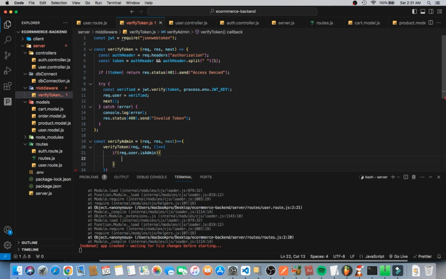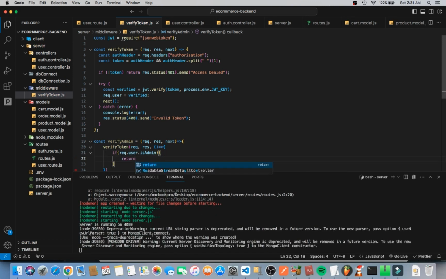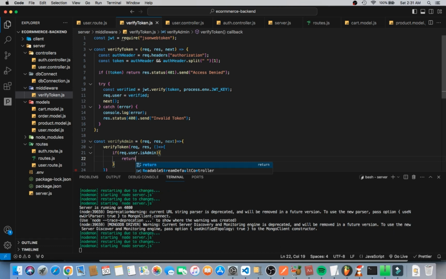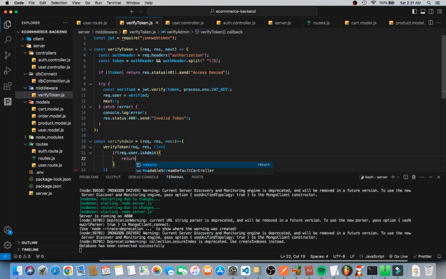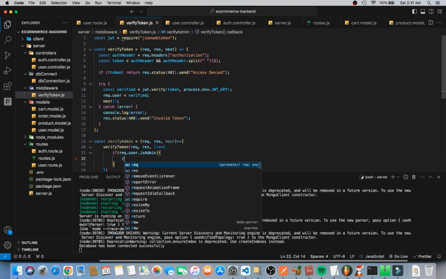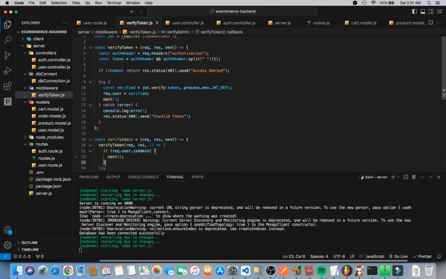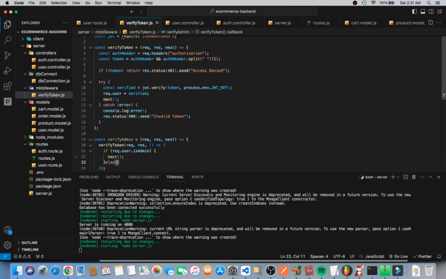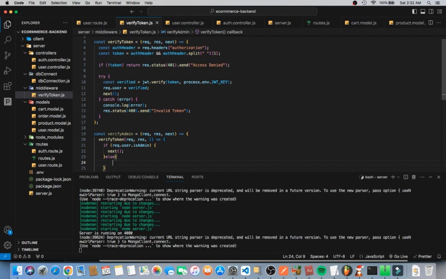So if it's true, I'd want to return a response. But what kind of response do I want to send? I want to say that it should just move on to the next function, right? So instead of returning something, I could just say next. But in case it doesn't work out that way, I could say else. If it doesn't work out that way, or if the user is not an admin, we can return